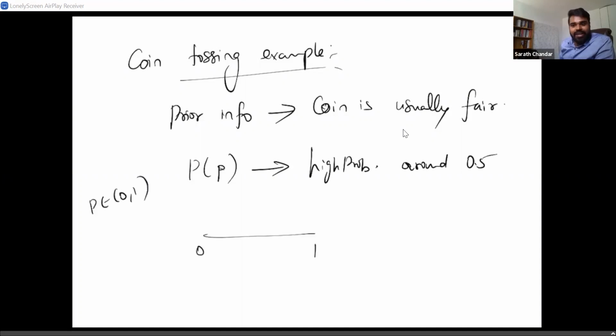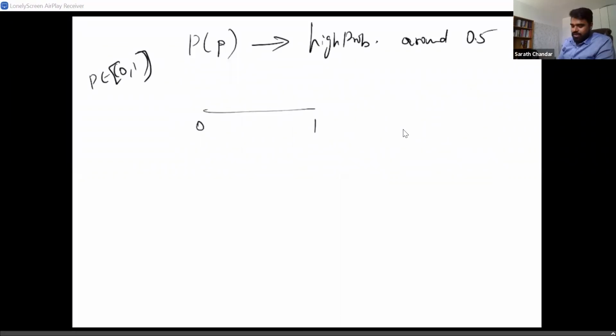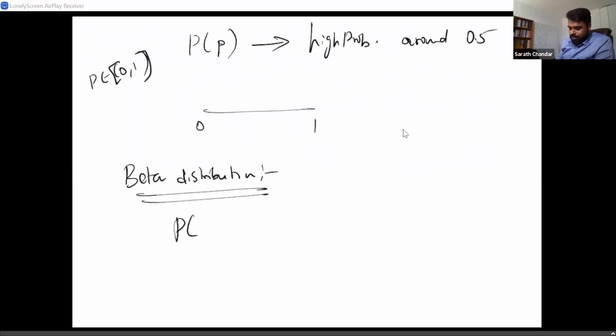0 to 1, right? P takes values from 0 to 1, maybe inclusive. So I'm interested in a distribution which has a support of 0 to 1. There are many such distributions. We are going to just consider one such distribution, which is the beta distribution. Now, the beta distribution has two hyperparameters, alpha and